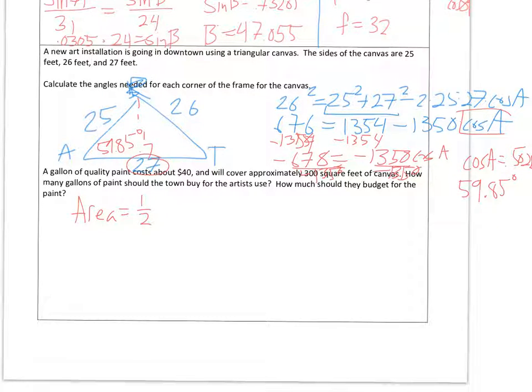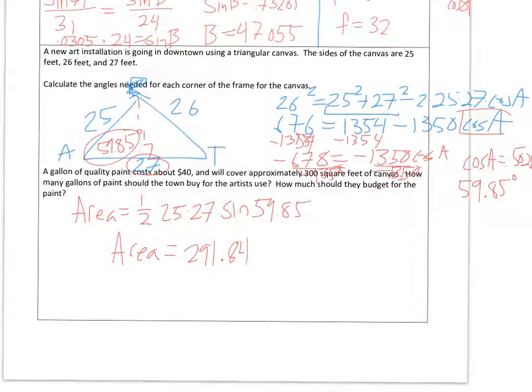We're looking at two sides, so 25 times 27 times the sine of the angle between them. That's 59.85. So 1/2 times 25 times 27 times sine 59.85, and we get that area is equal to